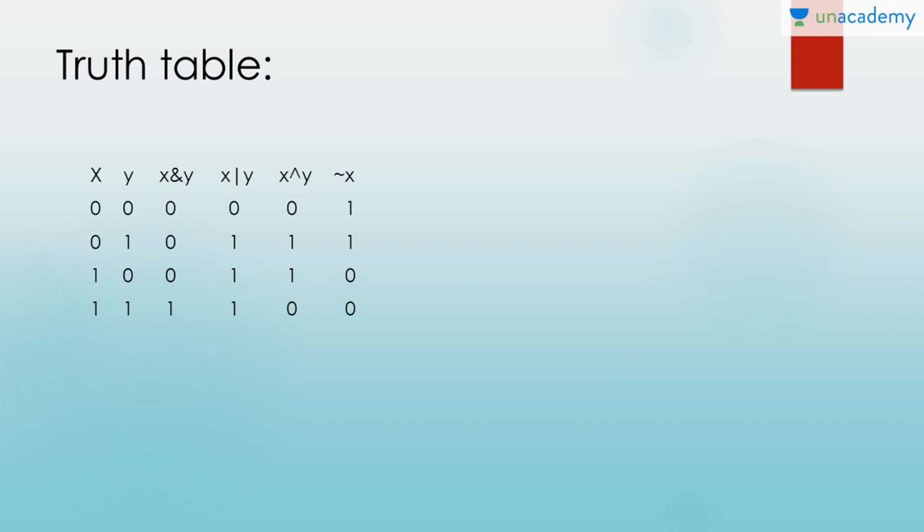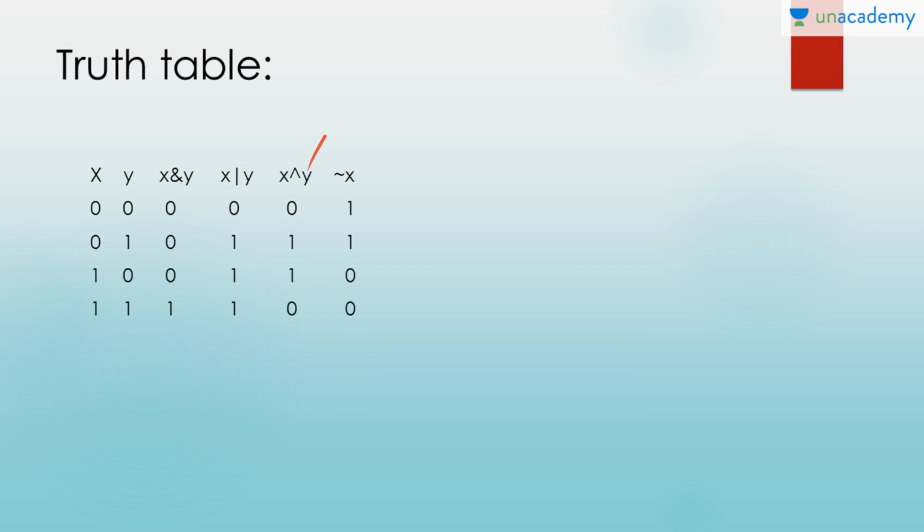So this is the truth table which we use in the logical operations, and in logical operators also we studied about this. So we have two inputs here, x and y, with 4 combinations of inputs: 0 0, 0 1, 1 0, 1 1. So according to the AND logic, only if both the inputs are 1, the output is 1, else the output is 0. Next is the OR logic. Here if both inputs are 0, only then the output is 0, else the output is 1.